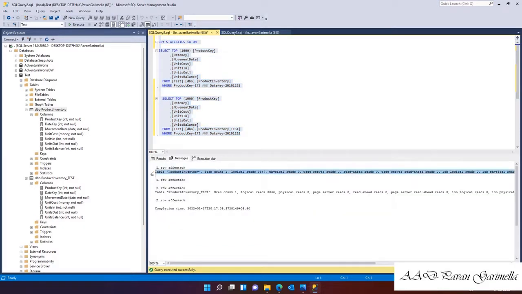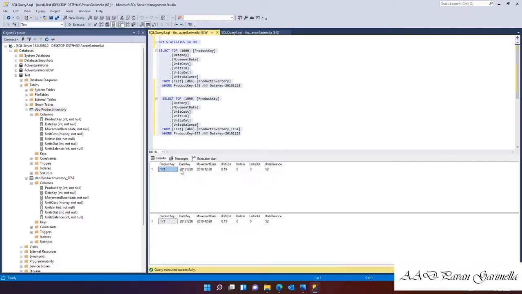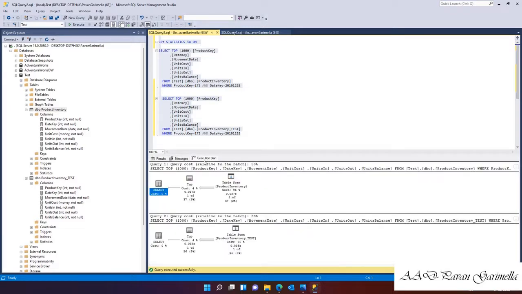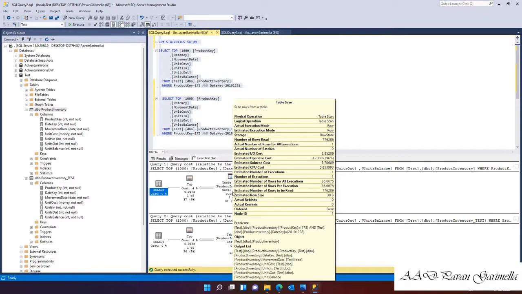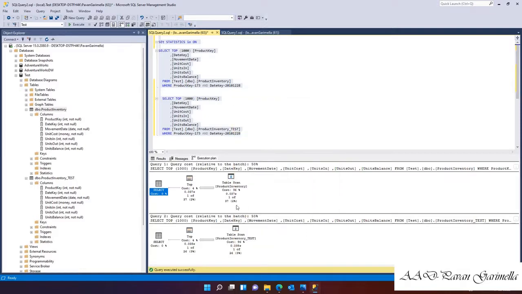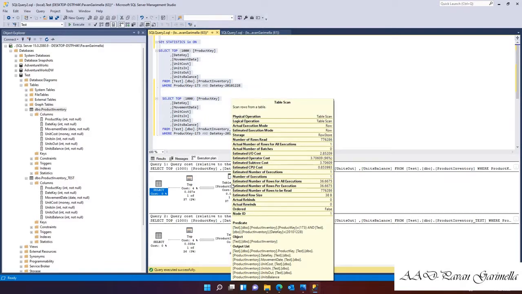Since both tables are almost the same, you can see that approximately 3840 plus page reads, logical reads, have occurred on the table to obtain just one single row. If you look at the execution plan, it has done a complete table scan, and you can see the amount of stress that has fallen onto the system. The complete cost on that table is primarily allocated towards the predicate searching, where you can see in the highlighted portion that the product key is equal to 173